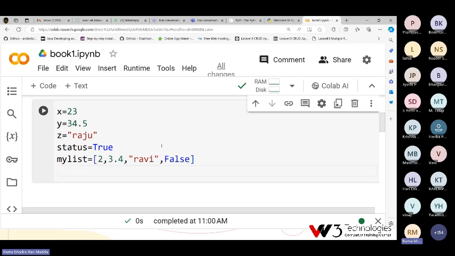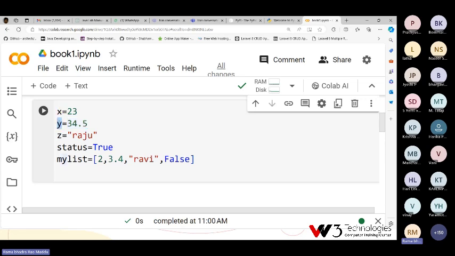We are not mentioning x is an integer type, y is a float type, z is a string type, status is a boolean type. I am not mentioning anywhere. Based on the value, the type is identified. It is 23, a number type. That's why x is a number variable now. 34.5 is a decimal value.